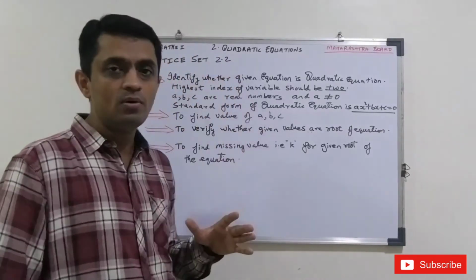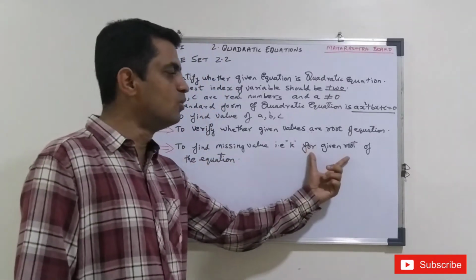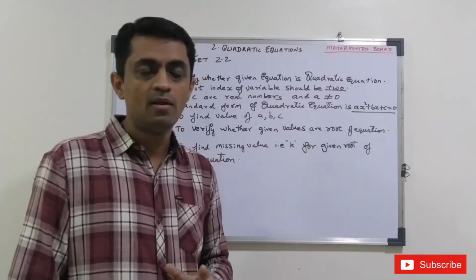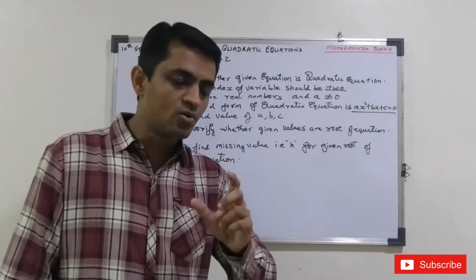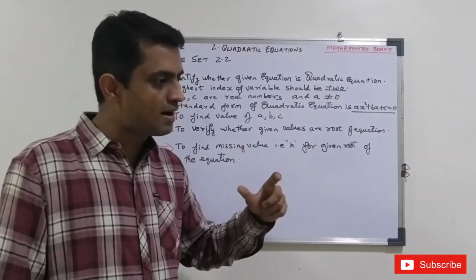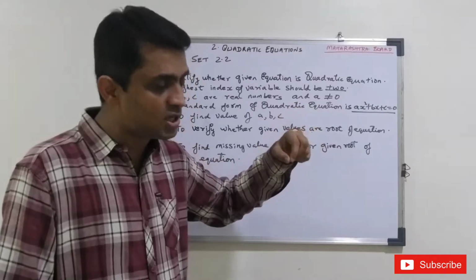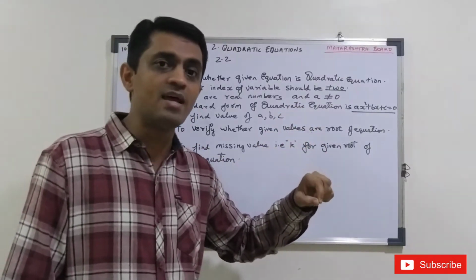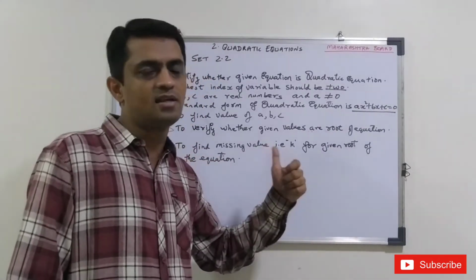In 2.2, what we are going to study today is finding the roots of the given quadratic equation. When we are finding the roots of the quadratic equation, it means the roots are going to satisfy that equation. It means automatically LHS will be equal to RHS. It means when you substitute the values in the equation, you will get the answer as 0. That we are going to see today. So let us see now.